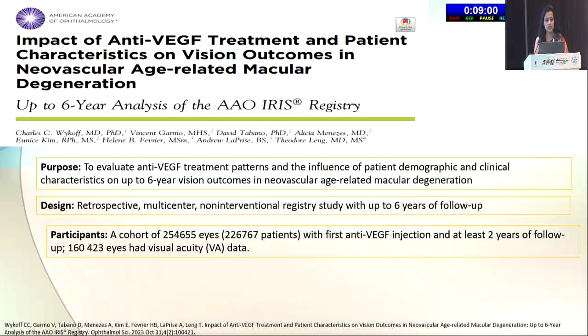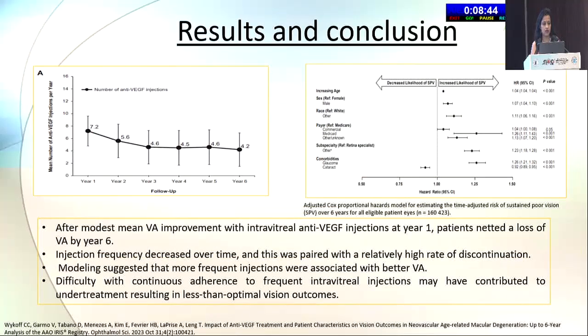Now, this is the study that looked at a 6-year analysis of the impact of anti-VEGF treatment and the patient characteristics on vision outcome. Here, with that cohort of a very large number, with the first anti-VEGF injection and at least 2 years of follow-up, they brought out the visual acuity data. And if you can see here, after modest mean visual improvement with intravitreal anti-VEGF at year 1, patients netted a loss of visual acuity by year 6, which means they really need to keep taking injections till that time